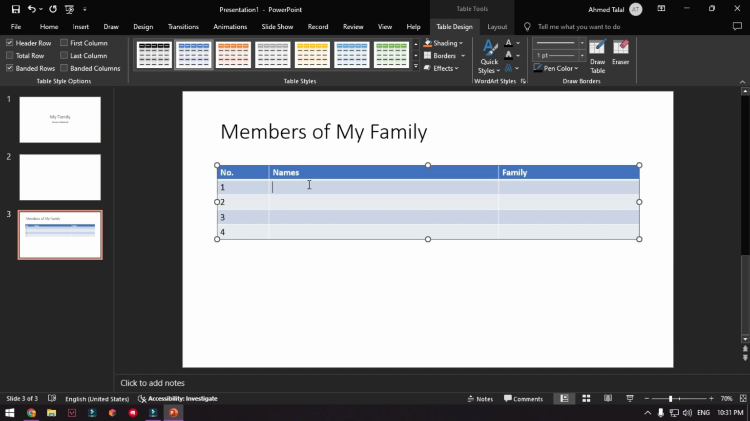Here I will write my father name Mansour, and here my mother name Halima, and here I will write my brother Abdul Malik and my brother Mujib. If I want to add more rows, you can put the mouse in the end of